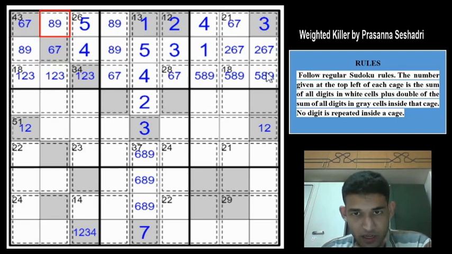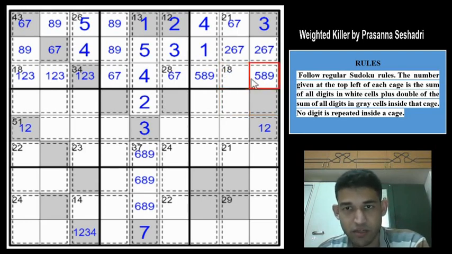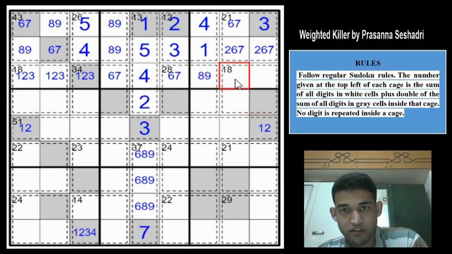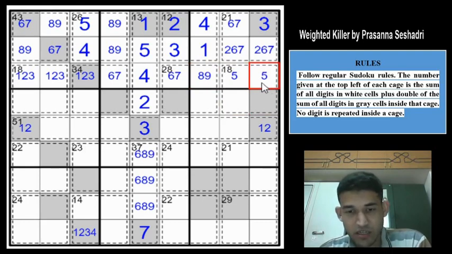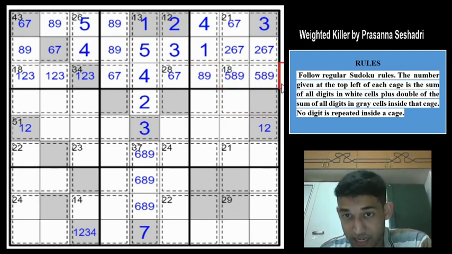So let us progress now to rows 3 and 4 because we have made some pencil marks there. This appears quite restricted because we already have a double value cage there, double cell cage, and we also have quite high values there. So can you satisfy this 18 without the 5 here in these two cells? That reaches you 17 and you need 1 from these two cells, which is simply not possible. So we are sure that 5 must be in these two cells and it must be going with 8 or a 9.